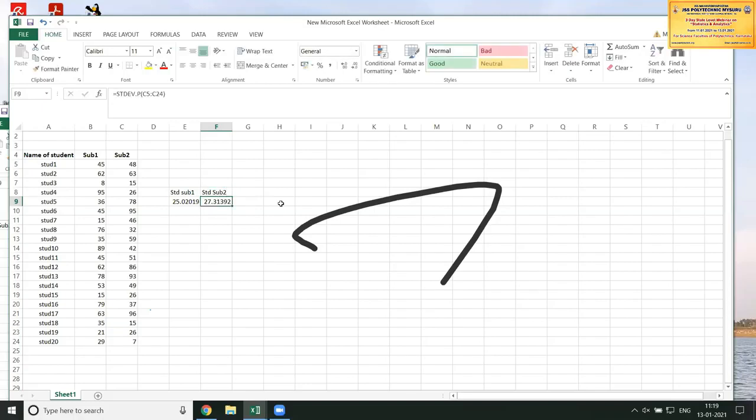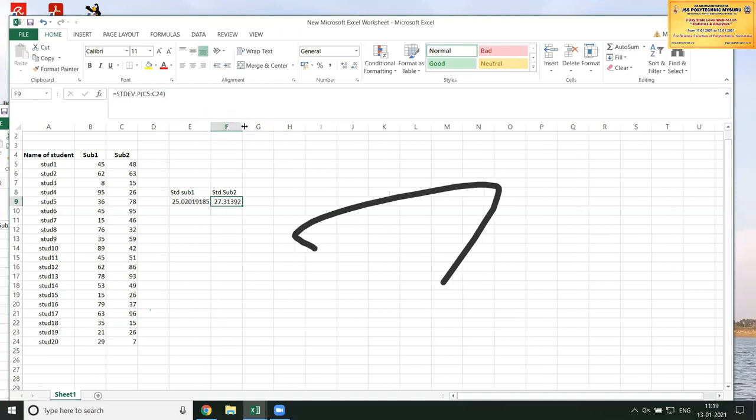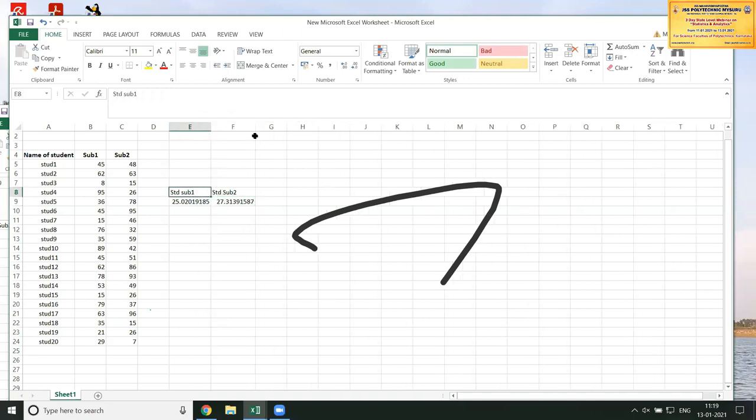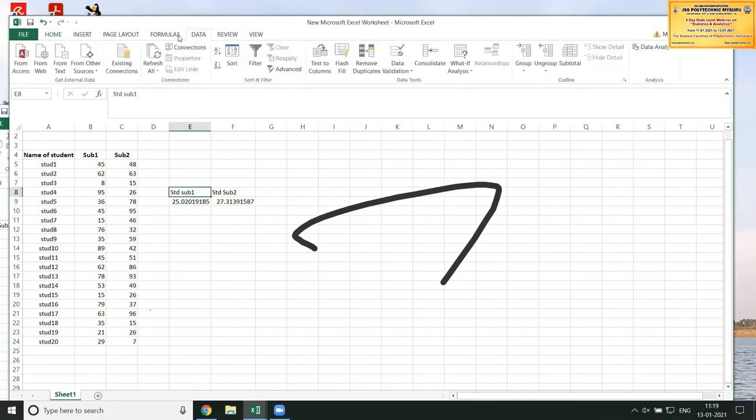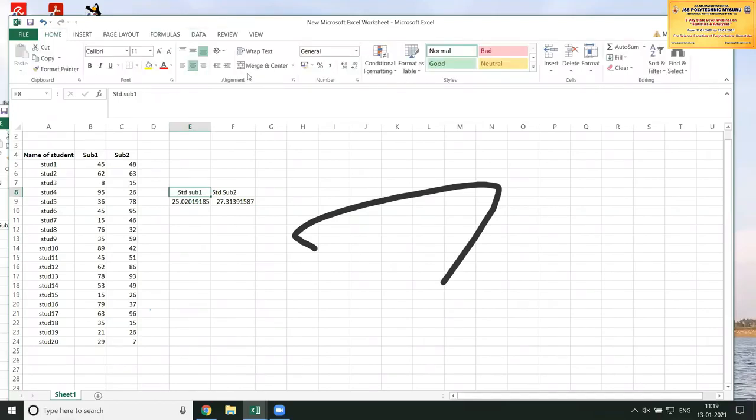So they have asked you to find out the standard deviation for this particular subject, and I have calculated this by using the built-in function. Okay, so this is your 16th program. To calculate the standard deviation, you require the variance and all those. That has been asked in the next program, that is the 17th program.